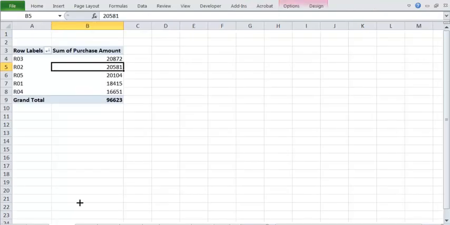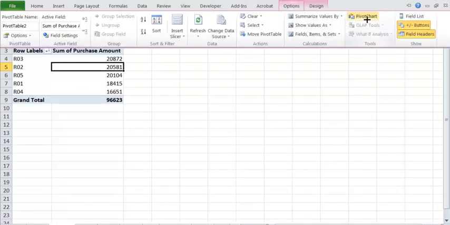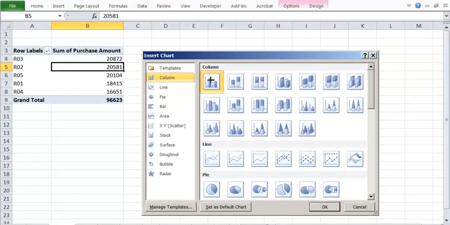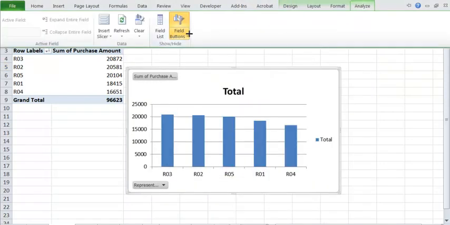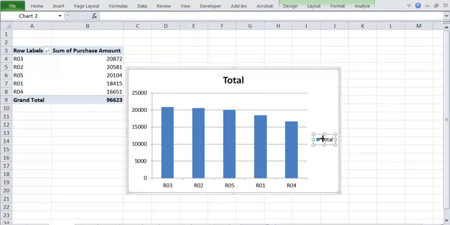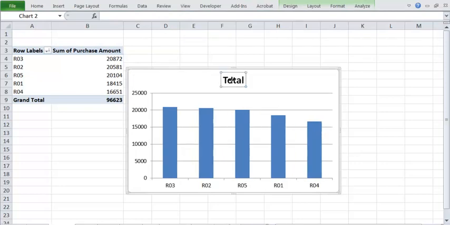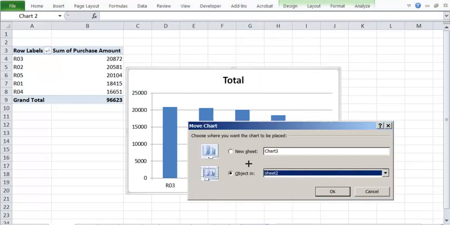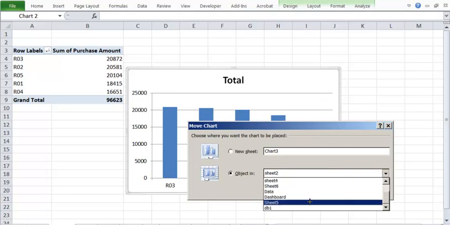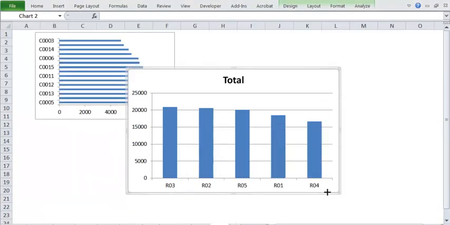What I will do is I will move to sheet 2 and I will apply the same technique, make a pivot chart. Let's say we want to make a column chart this time. I can make a column chart. I will remove the field button. I will delete all these things. Let's say here we can say the values, and what I want is I want to move this to DB1 and I can say OK.